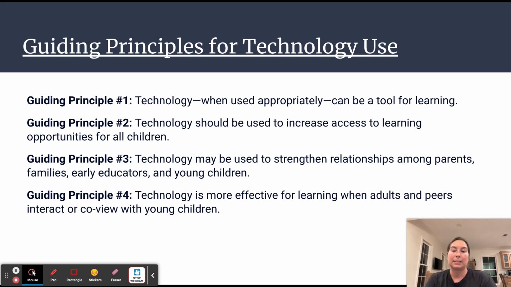Principle number three, technology may be used to strengthen relationships among parents, families, early educators, and young children. And number four, technology is more effective for learning when adults and peers interact or co-view with young children. So, young children should not be allowed just access to the internet without an adult to supervise.